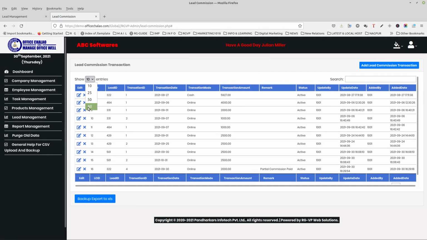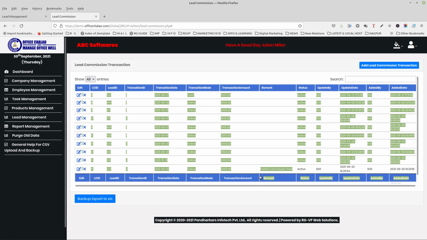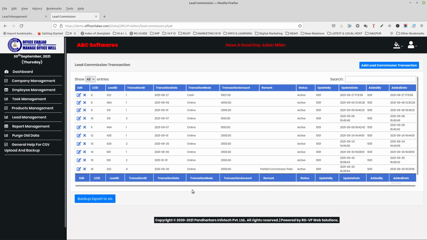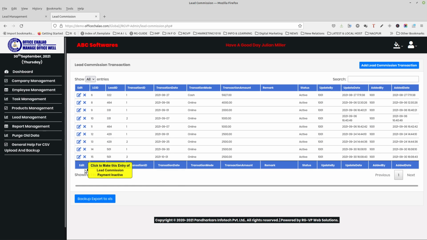The changes will be made and will be visible here. You can also delete the entry of lead commission transaction by merely clicking on the cross button.